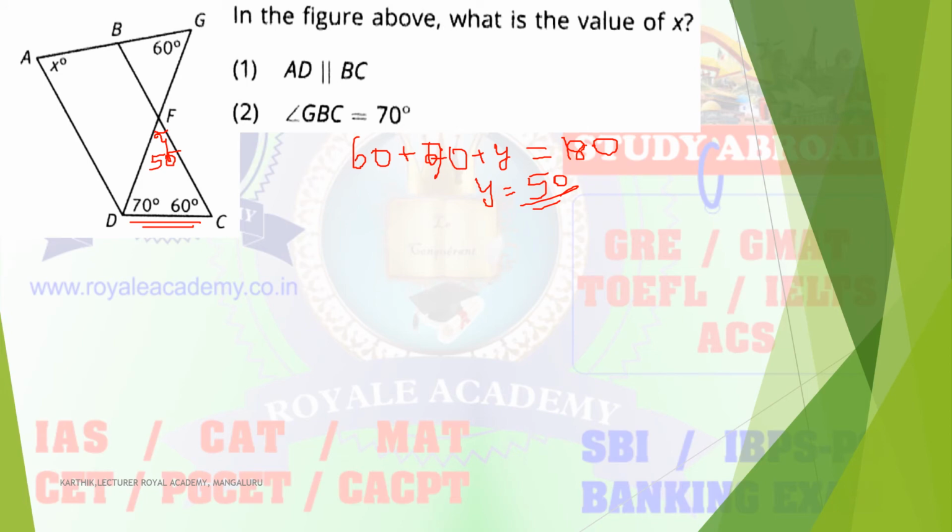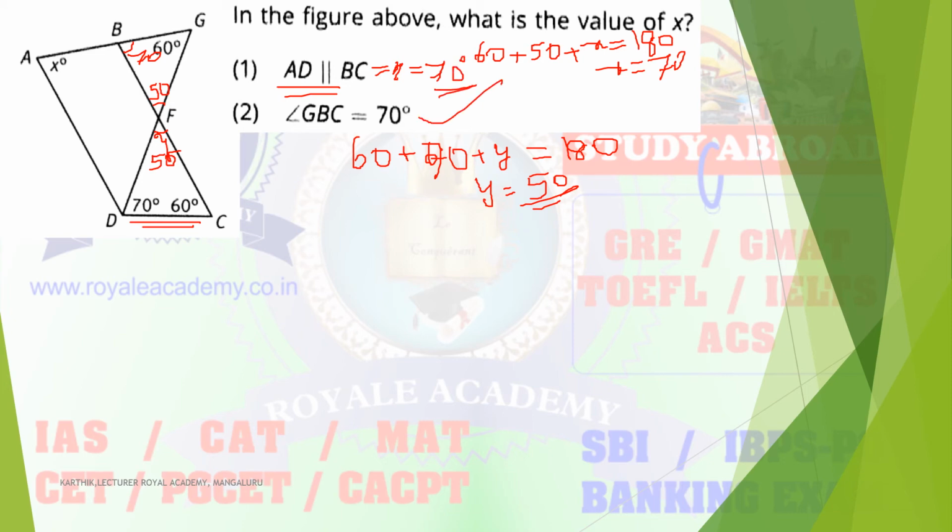So these opposite sides, when two lines are parallel with each other, opposite angles are equal. So this is also 50. Then this angle, how much? Total angle is 180 degree. So 60 plus 50 plus x is equal to 180 degree. x is equal to 70. So based on this statement you can tell that x is equal to 70. So from the first statement it is possible to find out the answer.